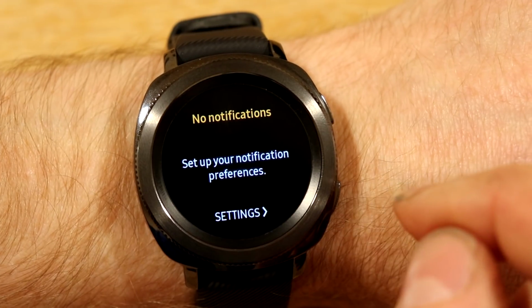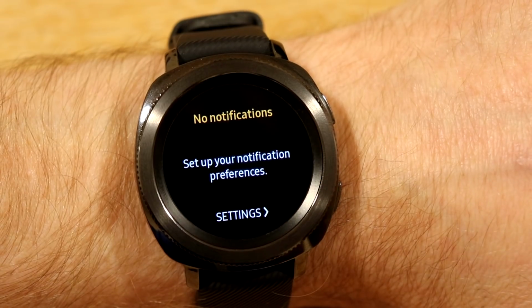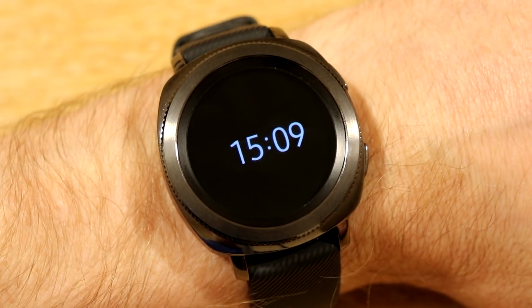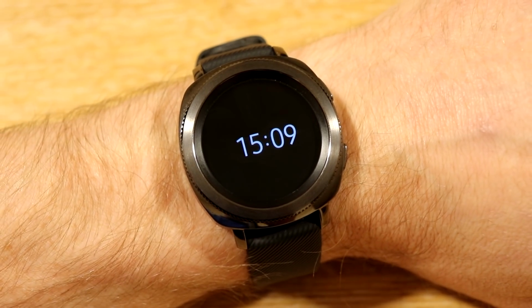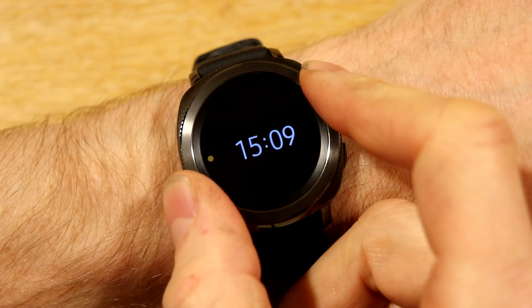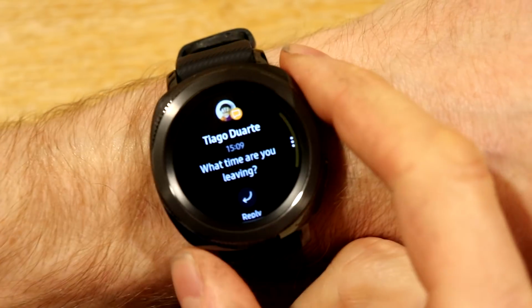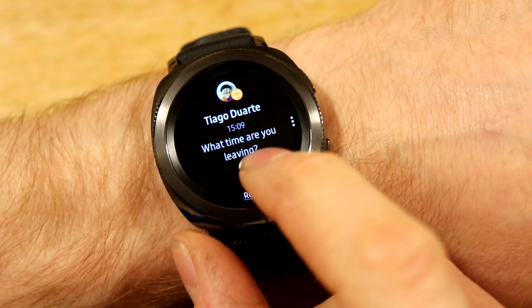Now I'm going to get another message sent through and we'll show you the little keyboard and how that one works. So we'll go and give another knock on the wall and let's see how it goes. So you can hear my phone vibrate, which is lying on the desk, and then my watch has vibrated and I've got the little orange dot again rotating anti-clockwise. We've got another question, "What time are you leaving?" So again, tap on reply